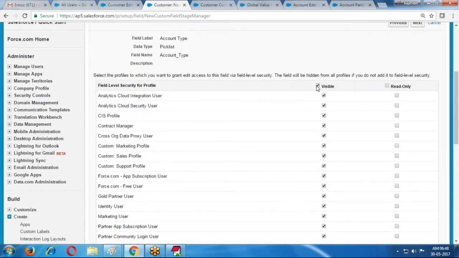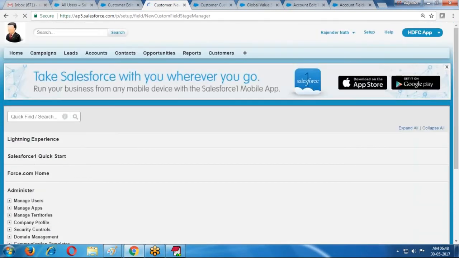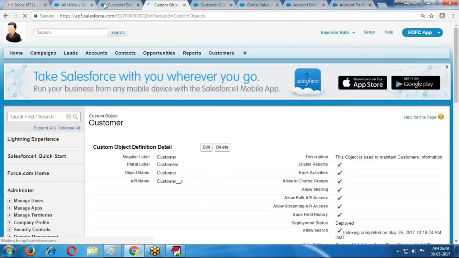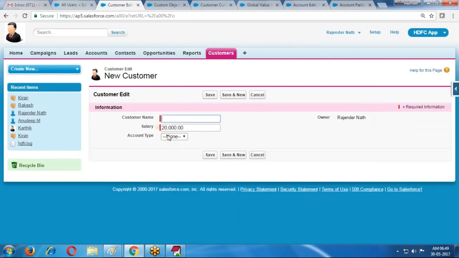Required profiles: which profile is required? I select that profile and save it. Whatever values are there, current, saving, NRI, the same values are applicable here also. So if you want to use the same values in multiple places, just create the global pick list value and use it here.